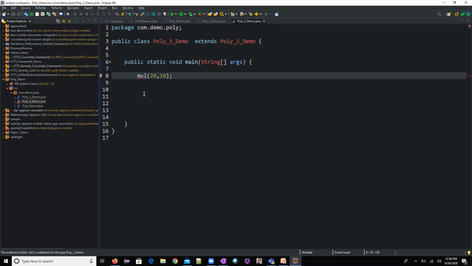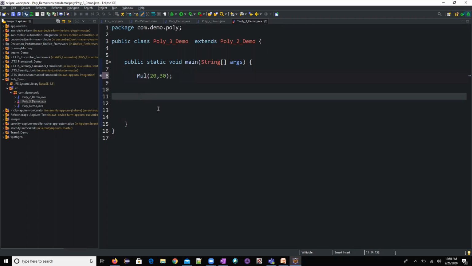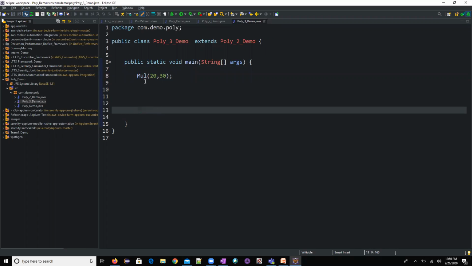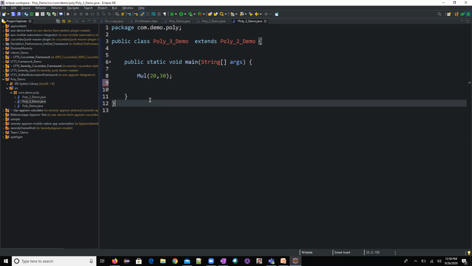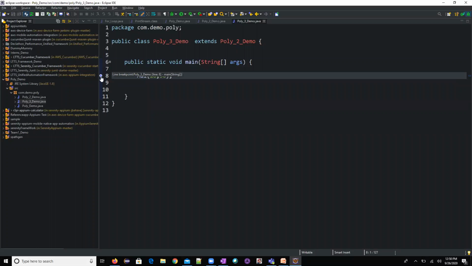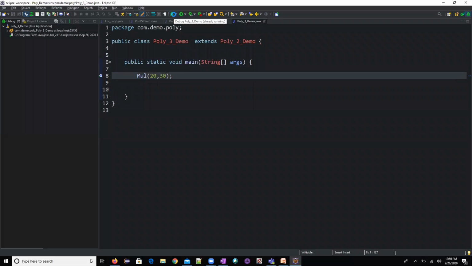Why is the class name wrong? Oh, sorry, I gave the method name with a capital letter. I'm sorry for that. We need to change it. Okay, now I'm trying to execute this. In the same way, I'll do the debugging so you can easily understand. To do the debugging, double click on the line. It will keep my debugging pointer here. Now, if I want to do debugging, I'll click this debugger pointer. It changes my view.